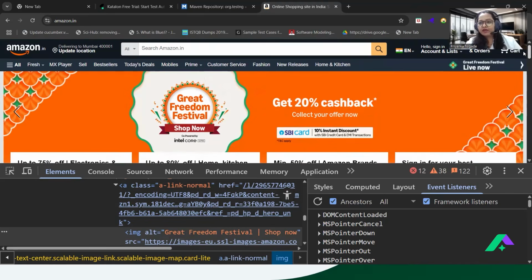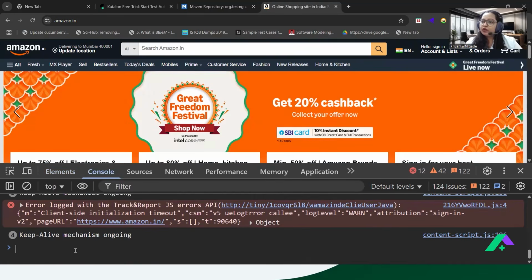In Selenium, we don't have a direct command for this step. How to automate then? You can come to the console. If you want to run any JavaScript command, open the browser, open DevTools, and there you can come to the console. Inside the console, you can write your JavaScript command. For example, if I want to scroll this complete page, where is the page available? Technically, it's the complete window. On this window, I want to perform which action?